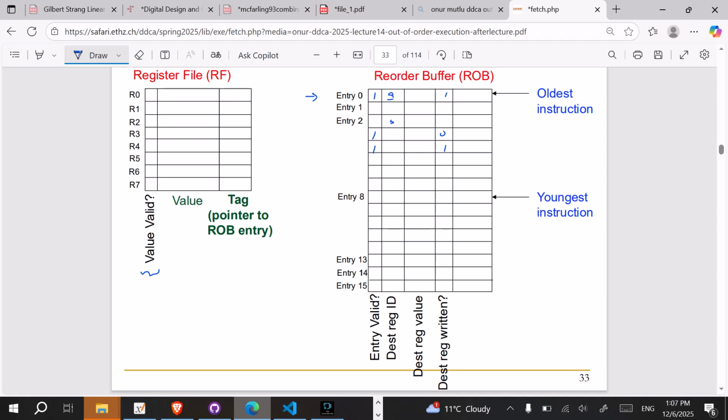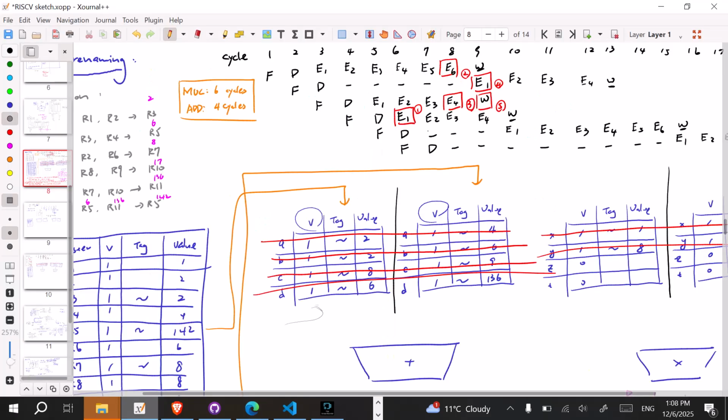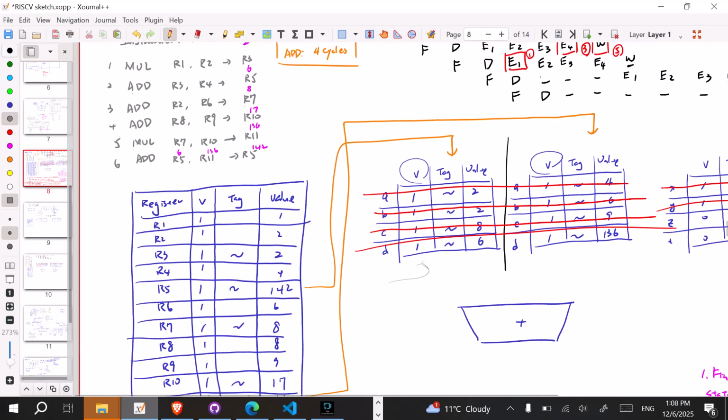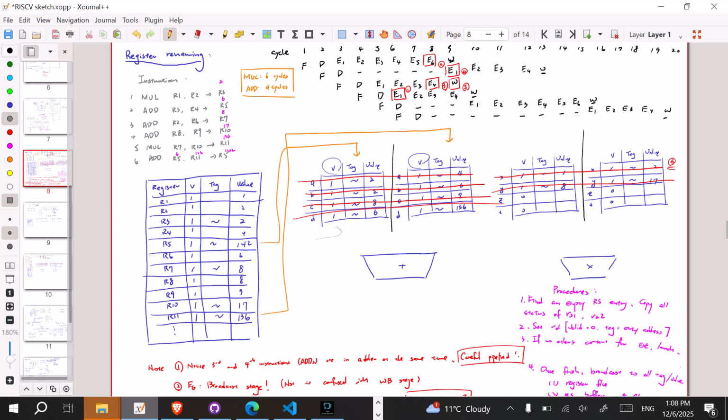So it's a similar structure, but now the idea is a little bit different. I'm going to check, is it a 1 here? If it's a 1, that means that I'm ready and I can retire. But in this case, my previous instruction is still updating, and the next instruction is ready. But because the previous instruction hasn't been written back yet, remember that my write back has to be sequentially updated. So my architectural state has to be committed in order, and I'll tell you the reason why it has to be the case. To be honest, if you take a look at the previous example, you can see that in this case,